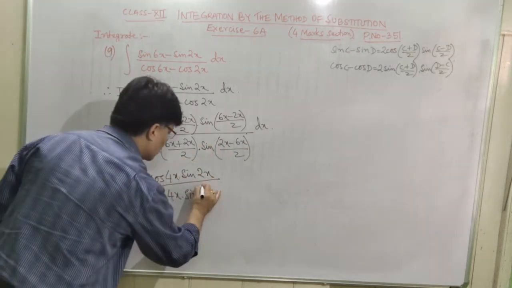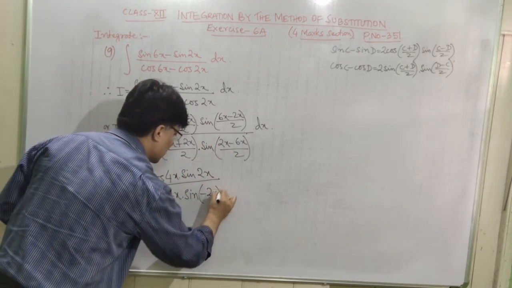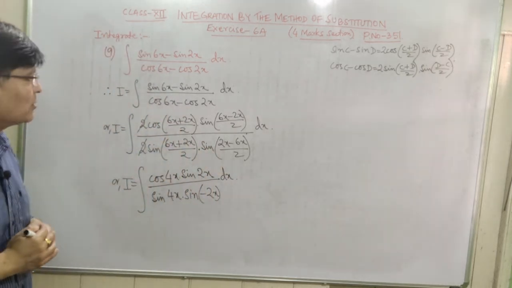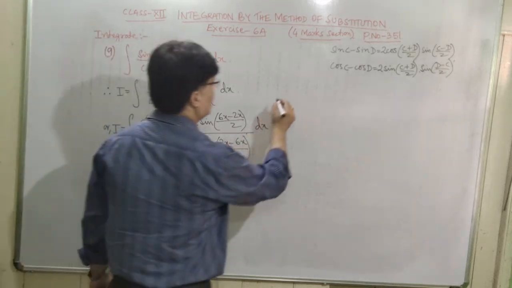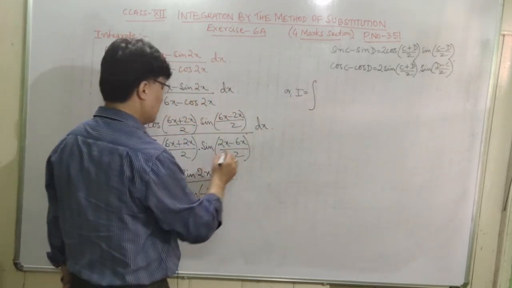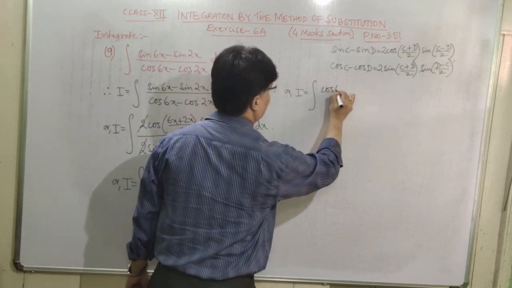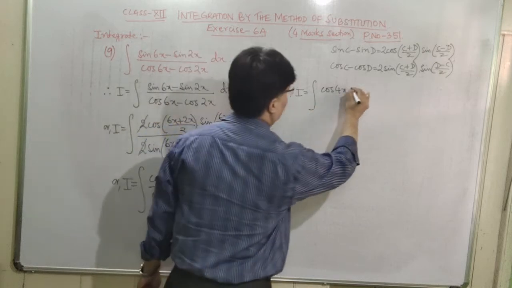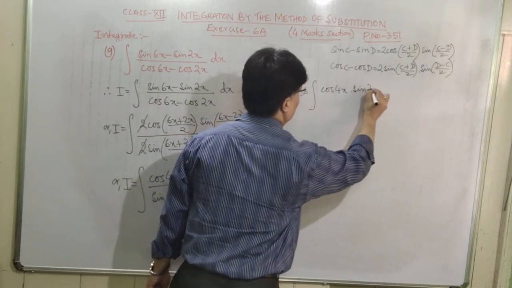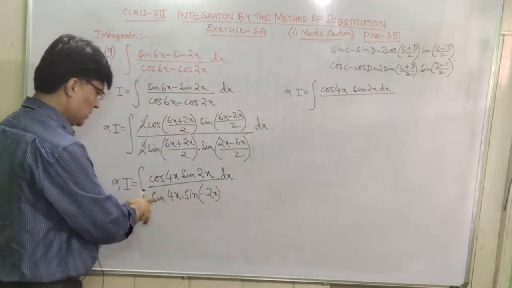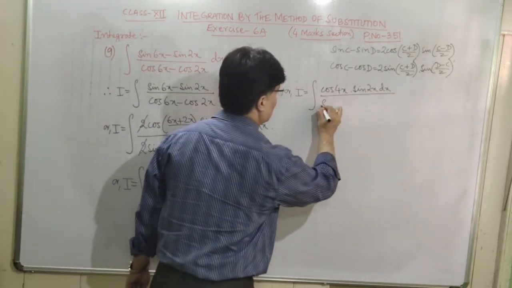Minus 4x divided by 2, that is minus 2x, dx. Is that understood now? So I is equal to the integration of cos 4x into sin 2x dx divided by, in the denominator, sin 4x